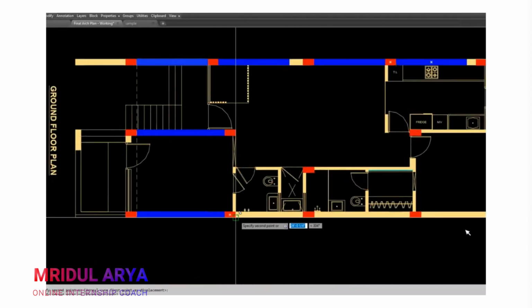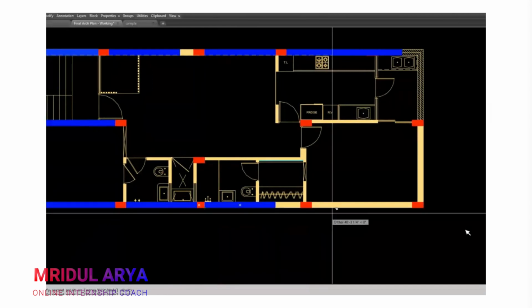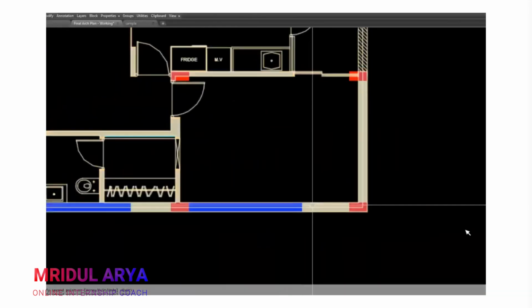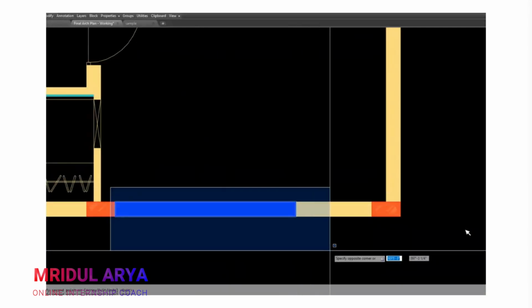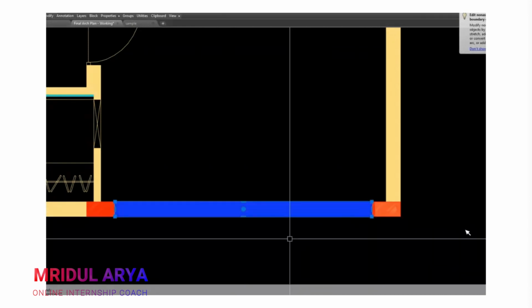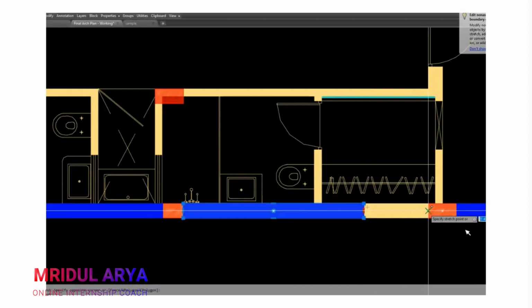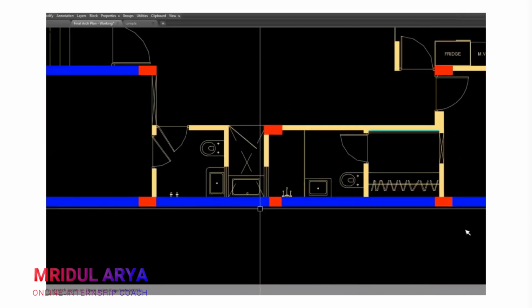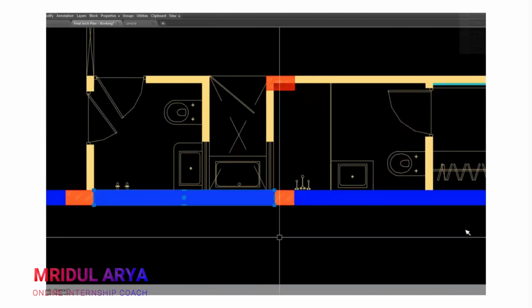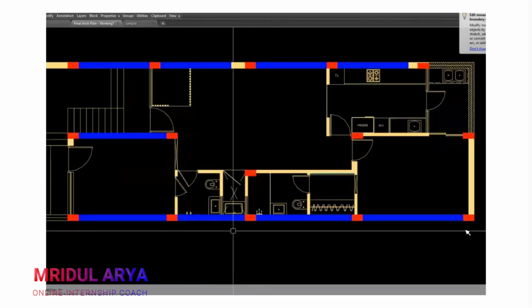This will be a beam. First, we'll try to place beams at these spots, similarly to what we did for the columns. Okay, and this is the place.